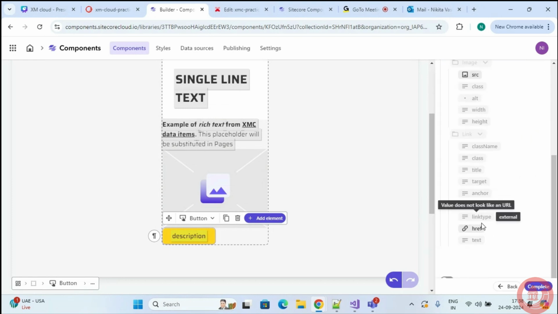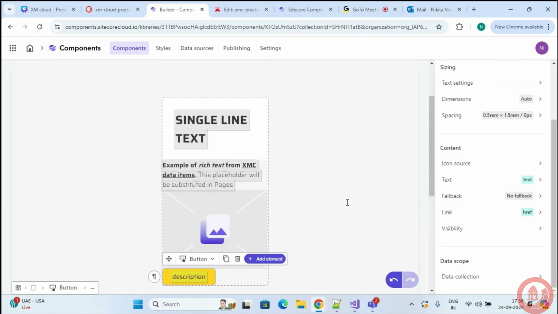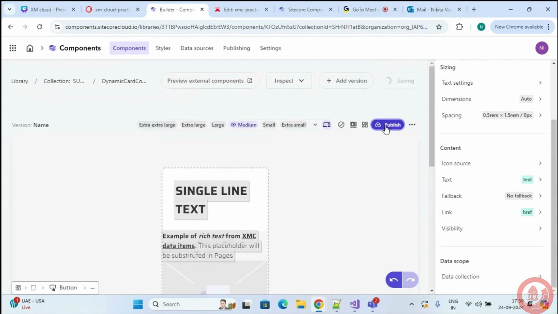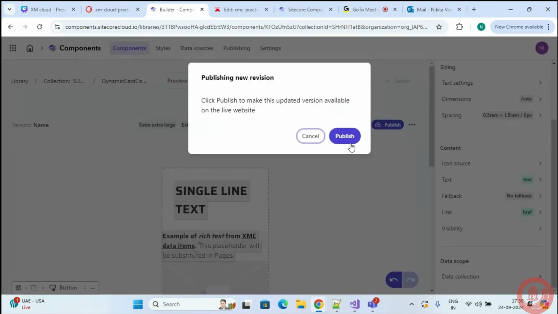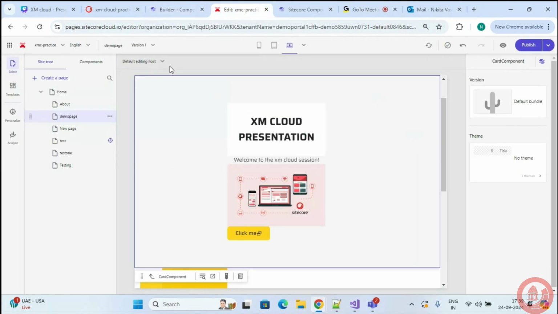So now over here, once I click on the plus icon, I have my dynamic card component. Since we have mapped it with the data source, it will ask me to assign a content item to it. So I'll expand my data folder. I have my promos. I've created a few cards with the same template that I've mapped my fields with. So I'll select, say, card data. I'll assign it.